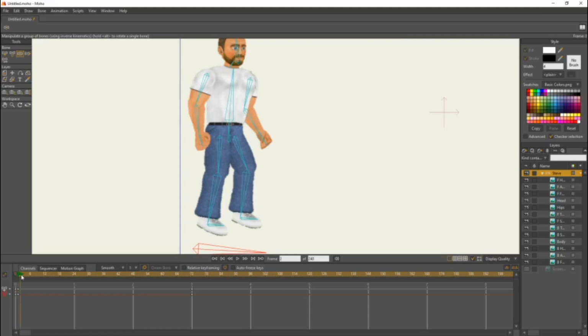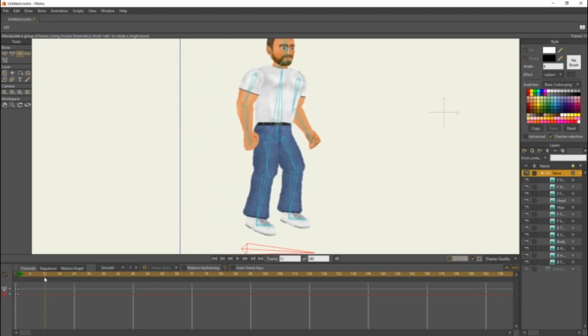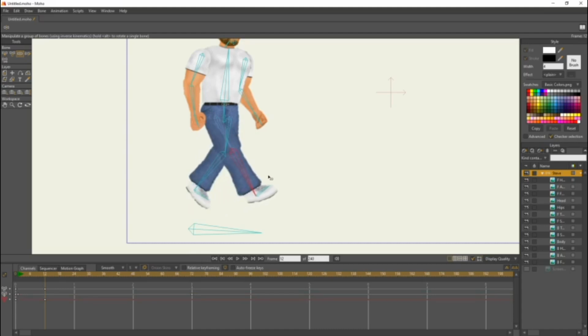Then we're going to come all the way up to frame, let's say 12. Frame 12. Now, we're going to make him look like he's in the middle of his walk cycle. So, we're going to take his back leg, drag it a little bit behind his body, take his front leg, drag it in front. And we're going to make the back leg a little bit further, like that.